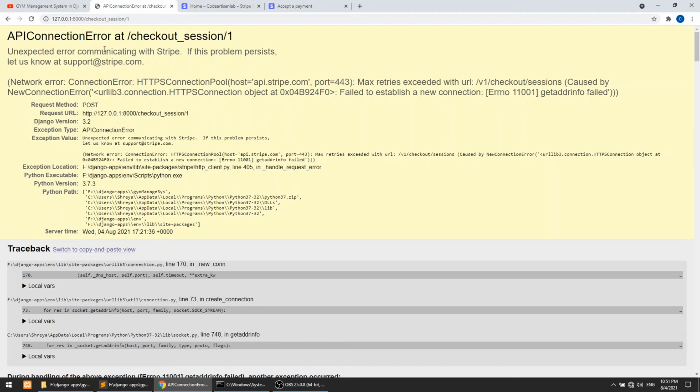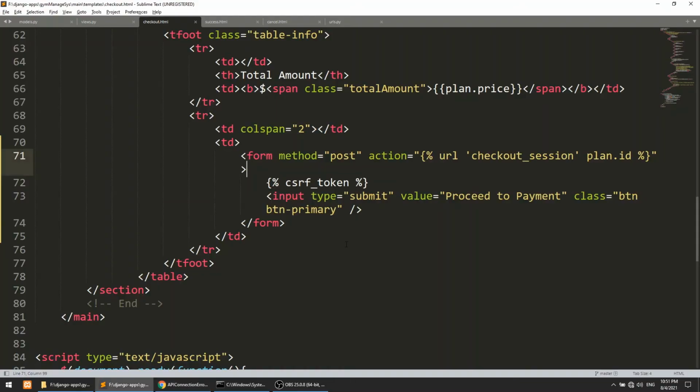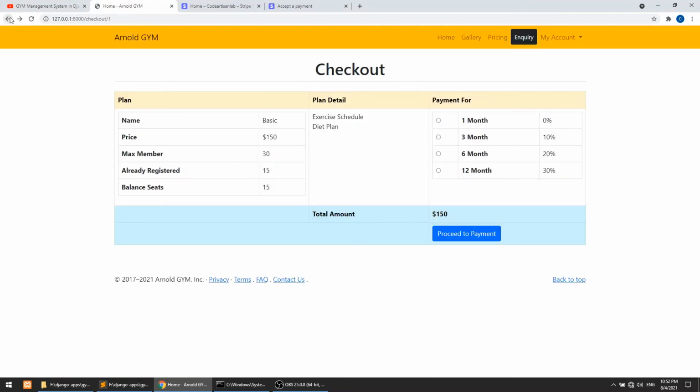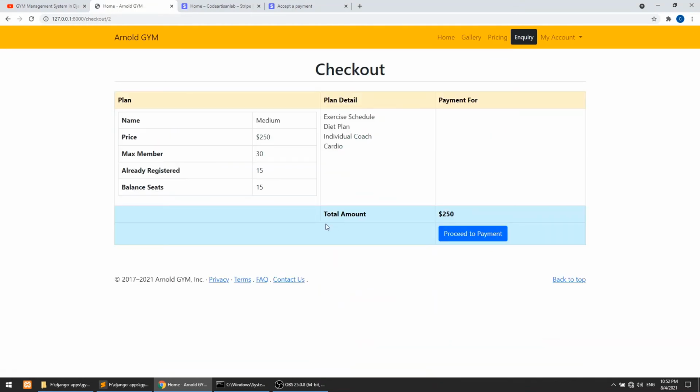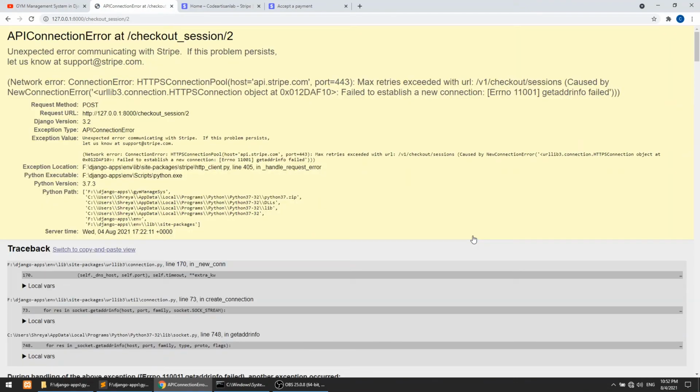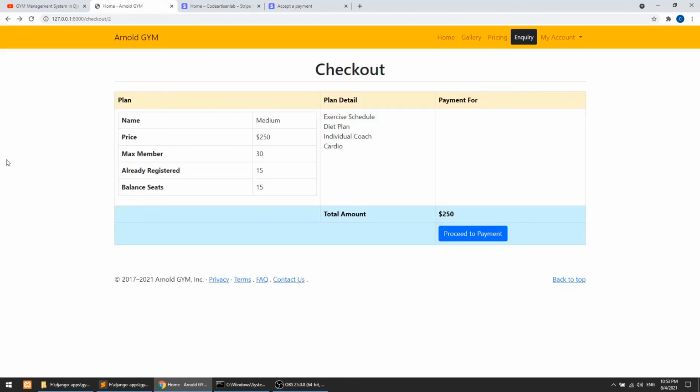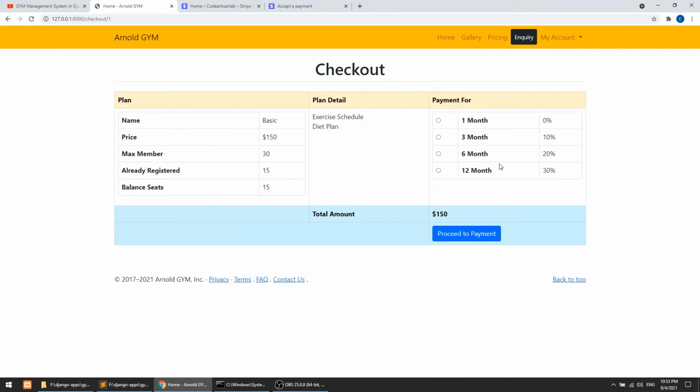Okay, let's click on another pricing plan. So I will click on this, and I will click on proceed payment. Again it is saying okay. Actually that was not a maximum retry error. Actually I was not connected with internet, so that it was showing. Okay, let's go to pricing, and let's go to the get basic plan. And now when we click on proceed to payment, then